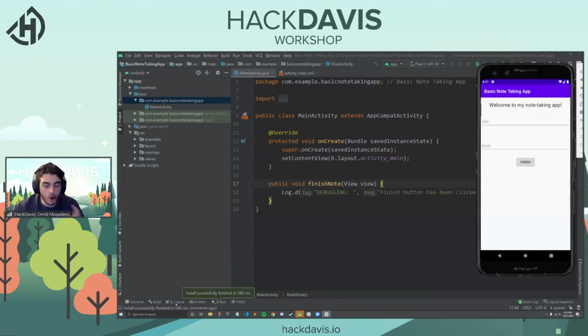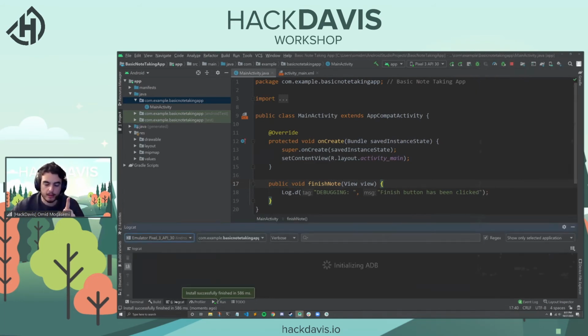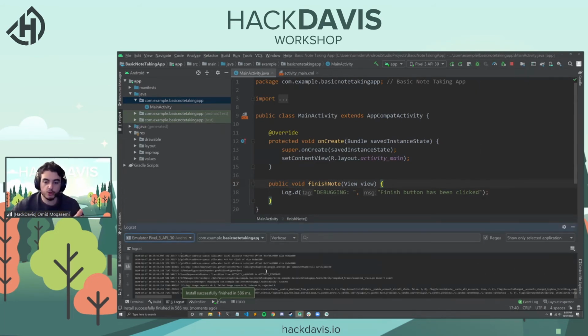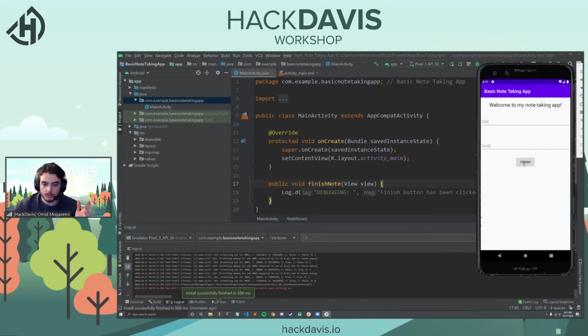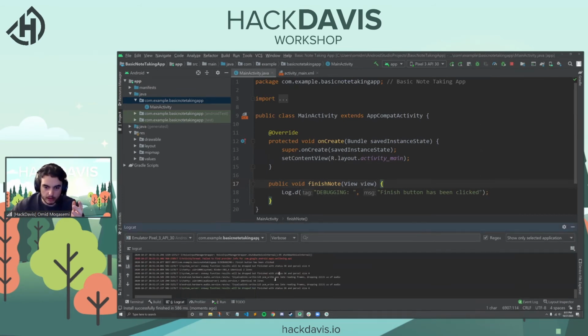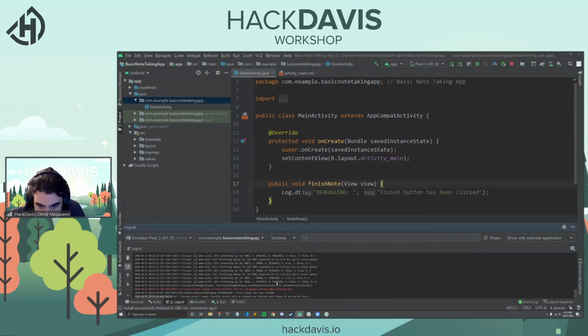In order to open up your console, you want to click this thing that says 6:logcat at the very bottom of your screen. Mine's a little bit hard to see, but 6:logcat. You want to click on that, and you'll see this huge thing pop up with a bunch of random statements that you don't know what any of them mean. Don't worry, that's to be expected. Then when you click the finish button, you'll notice, if you did this right, that somewhere here in your log, and again, it's very hard to see,